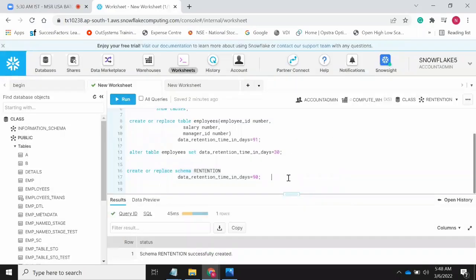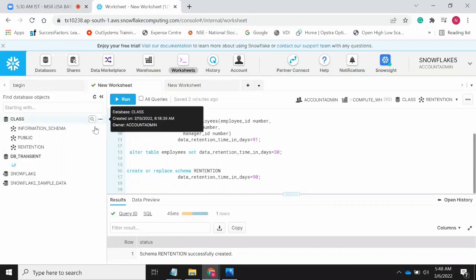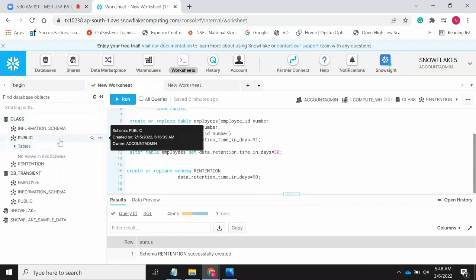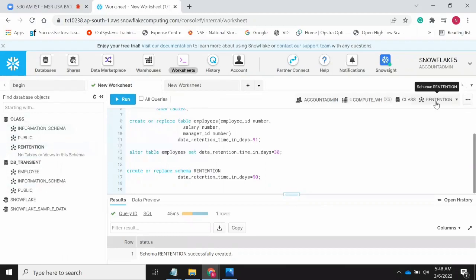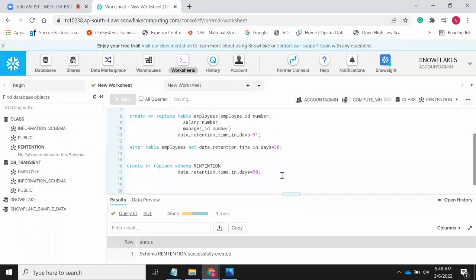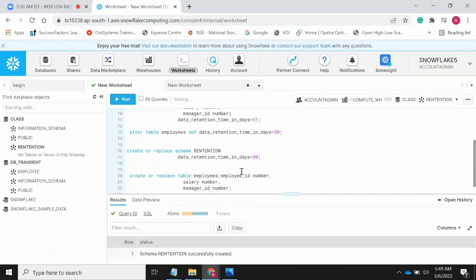We created the retention time and then you can refresh it. Now you can see how many schemas we have. See this retention schema also. Now it's connected to the retention schema. Suppose you create any table here, see this one. Now we are under this schema, and if you create any table,